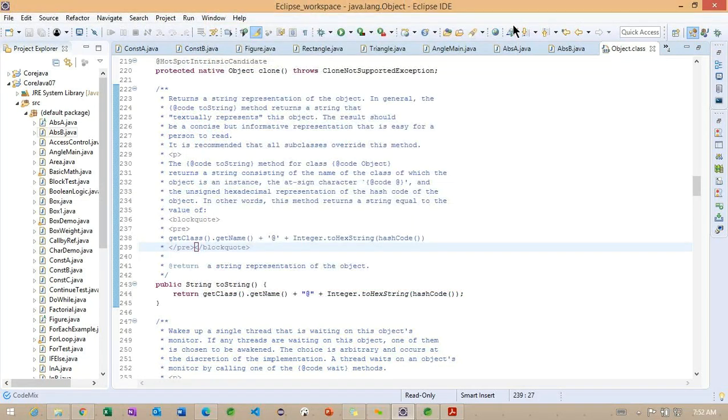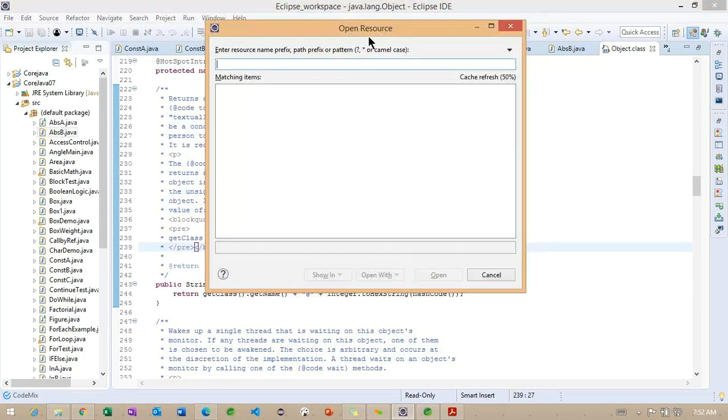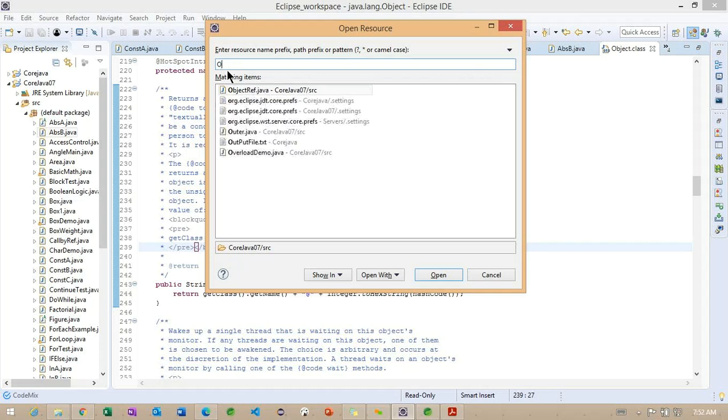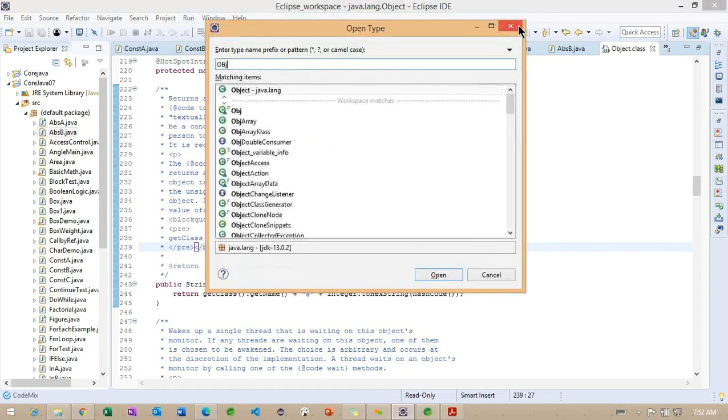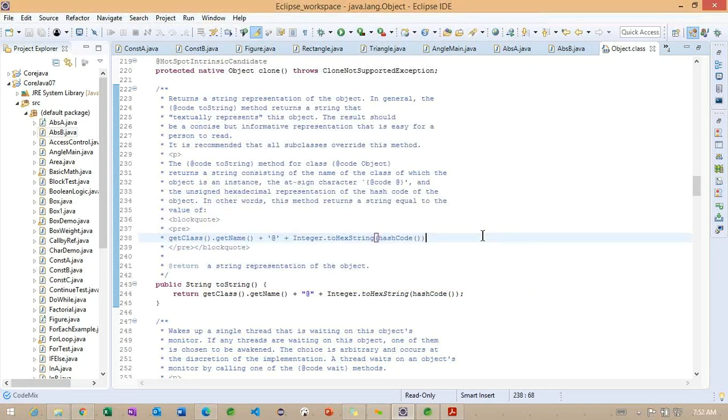And we have one more shortcut here called Control Shift R. So here you can see open resource, open type. This particular open resource is going to provide the information from the classpath. Inside the classpath, whatever classes are available, if I search for the same object, I'm not going to find it. Getting the point? You can see I'm not going to find any object. If I search for the same object here, which is already identified here, I'm going to find the object class information here. So that is the difference between resource and type here.